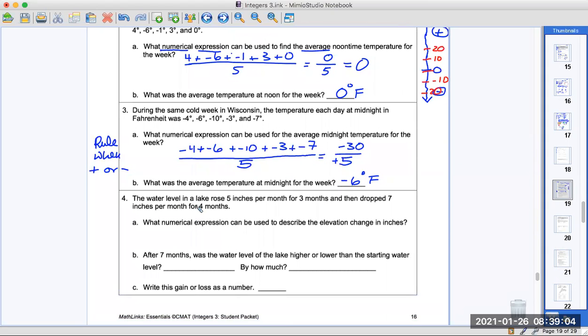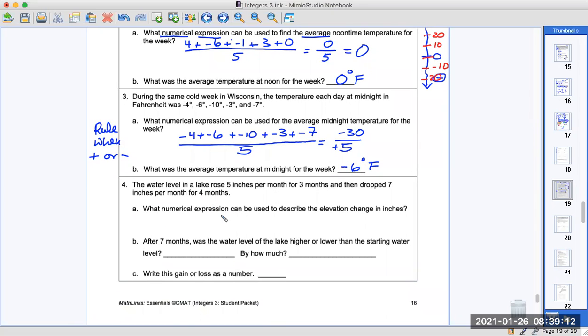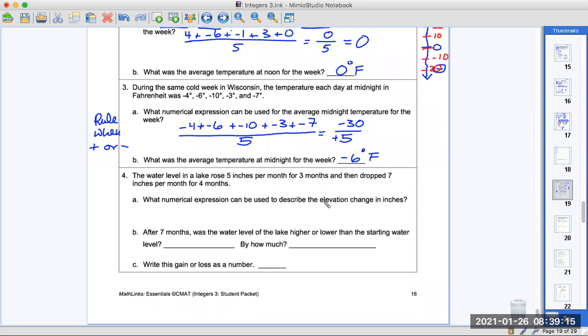The water level in a lake rose 5 inches per month for 3 months and then dropped 7 inches per month for 4 months. What numerical expression can be used to describe the elevation change? So that's another vertical thing, the elevation of the water level is also a vertical number line. We can say this is our normal water level,